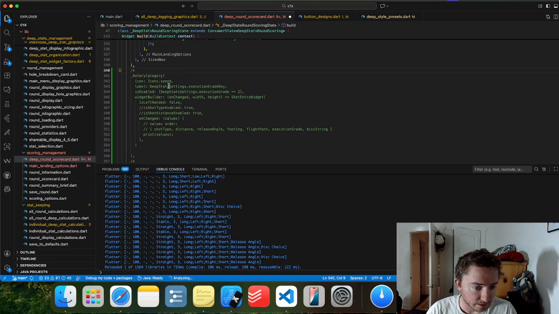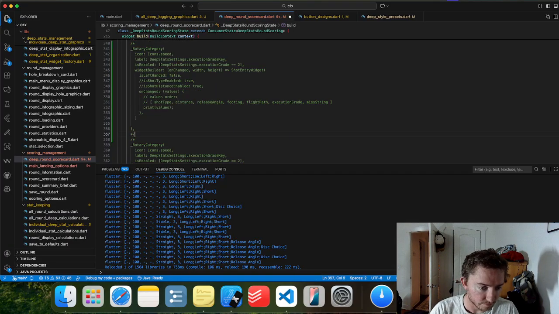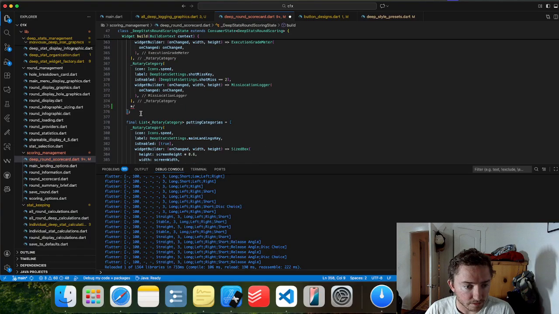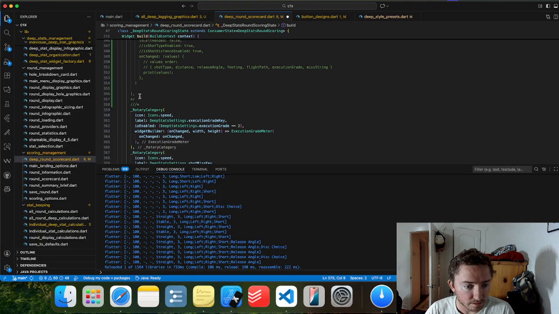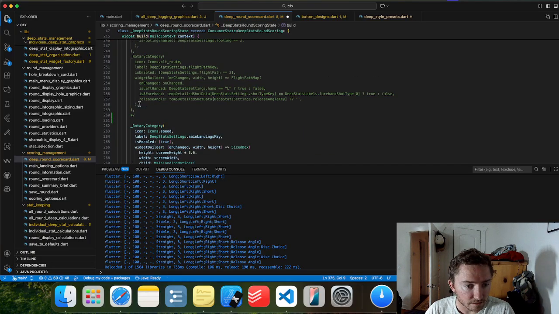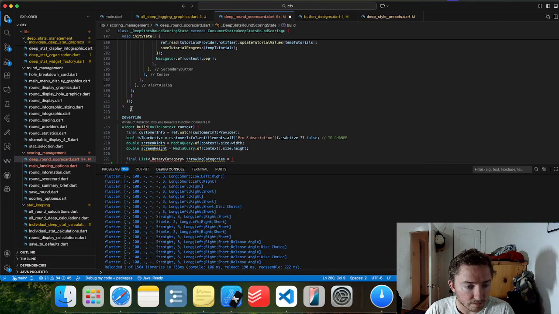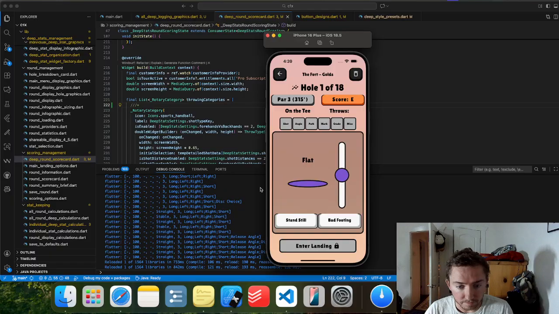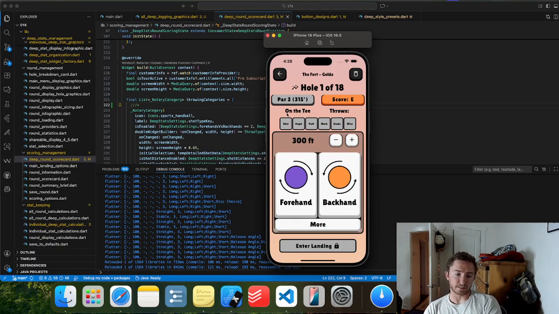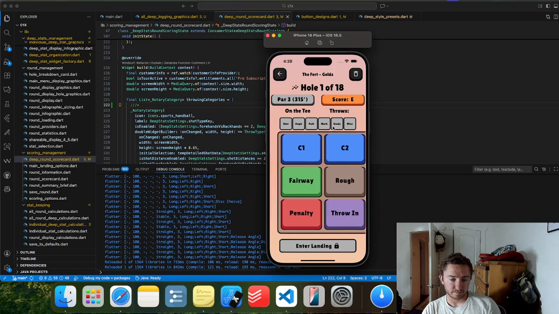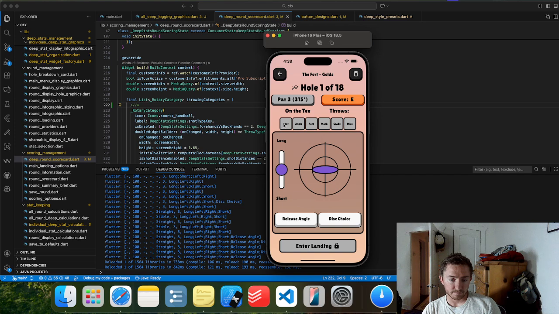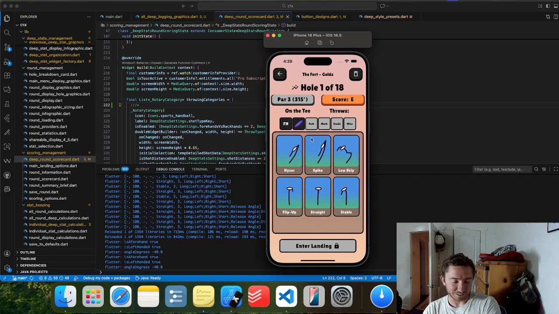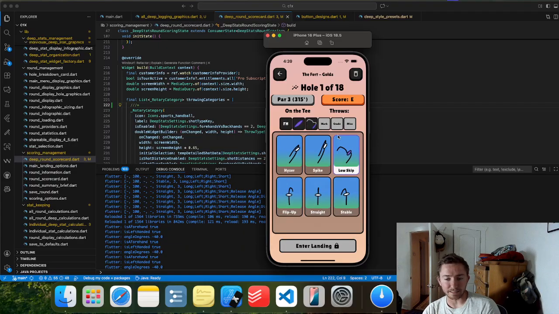I'm going to start by commenting this out, and then we're going to uncomment the rest of these. So, once again, this is what we had previously. I did spend quite a bit of time on it, so it's not something that I'm throwing away lightly, but